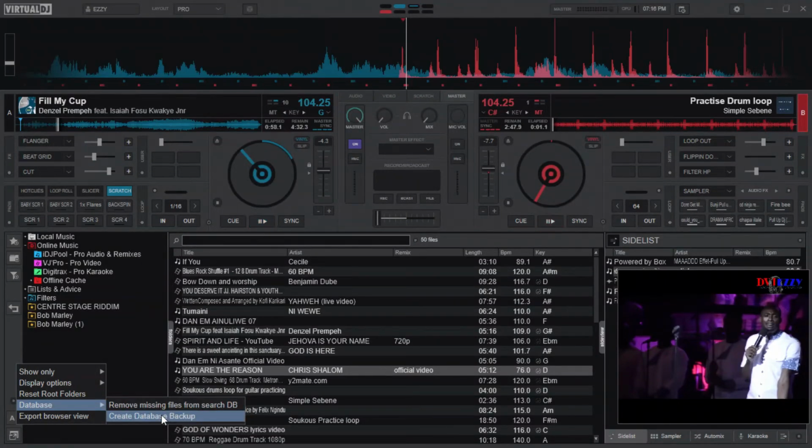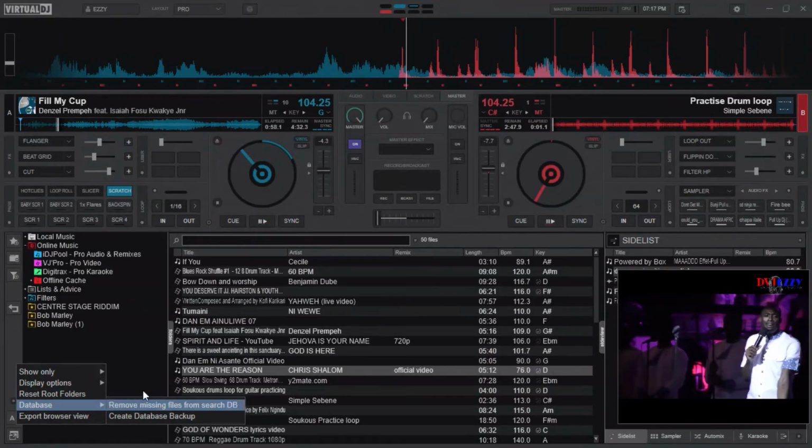Let's go to create a database backup. You can always try to back up this database, because most of the time we analyze all the songs that we have in our system. Literally, like me, I download a new song, I have to analyze it to give me the things that I want: the key, the speed of that song, the length, and maybe if it's a video or audio, so that it's easy. And once you get it, you load it, and if your machine is not powerful enough, the analysis will take a longer time.